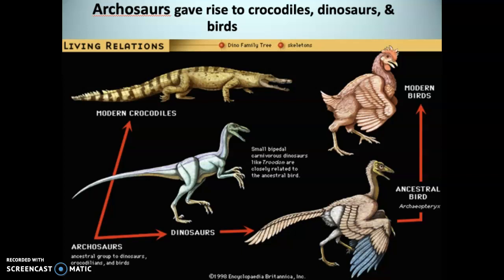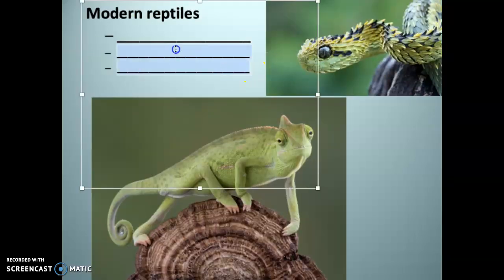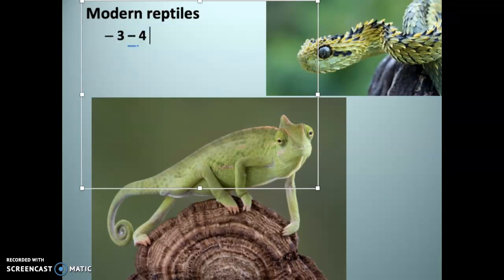So our focus right now, though, is modern reptiles. Let's go out and try to find these guys. Let's take a walk. Let's see what we can find. What do we see for traits with modern reptiles? All right. So most modern reptiles